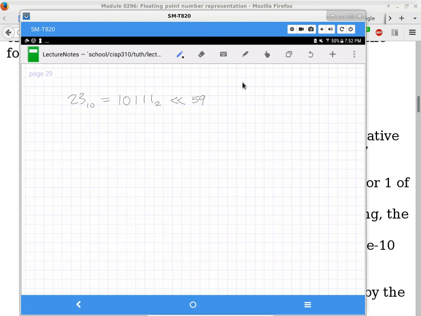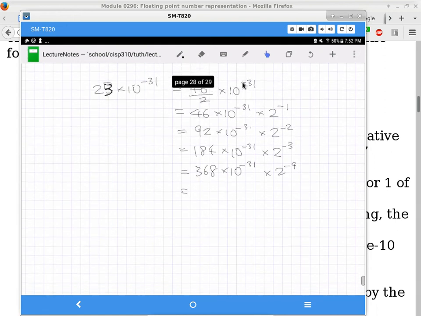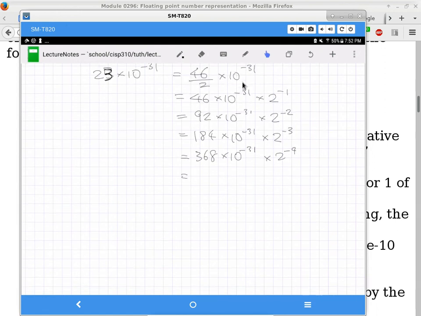But when we get to this point, what are we going to do with the other stuff? In other words, let me go back to the previous slide. So now that we know what it looks like, what is this number going to look like when we change this so that we have here 23 shifted to the left-hand side 59 times, 10 to the power of -1, times 2 to the power of what?